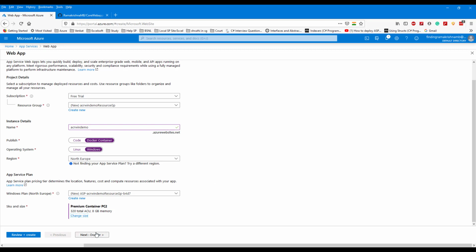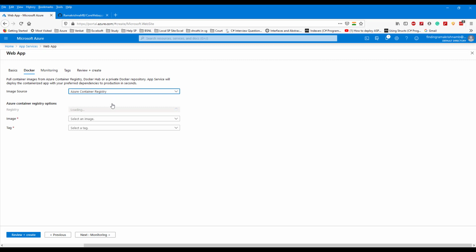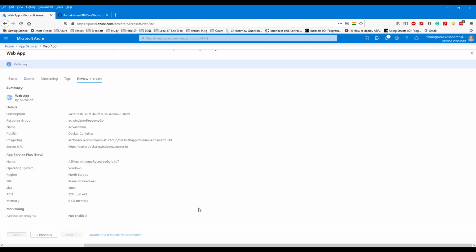So now go to container, go to Docker. Select Azure Container Registry. By selecting Azure Container Registry itself, the registry, image and the tag are loaded. Review and create.